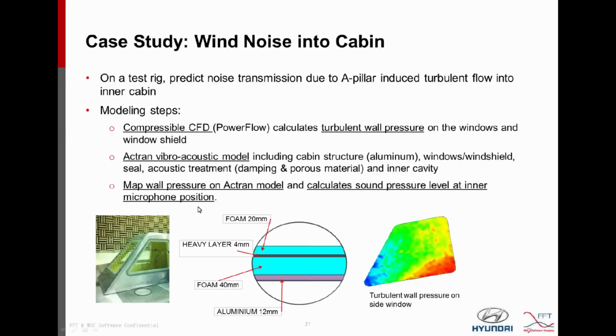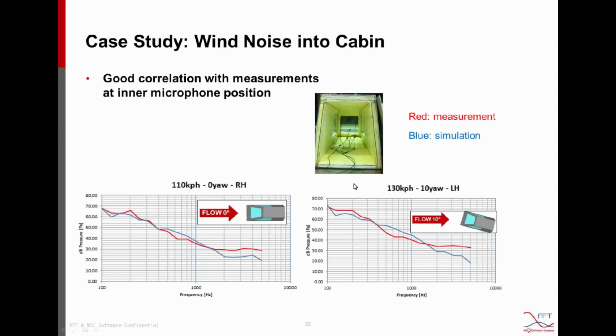And then the CFD result of the turbulent wall pressure is mapped on the Actran mesh, and then Actran will read that excitation and calculate the sound transmission through this multi-layer structure and get the result at the inner microphone position. So we can see that we got relatively good correlation between the simulation and measurement on one of these